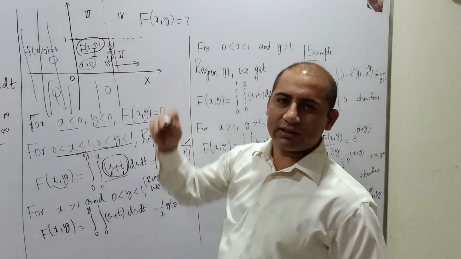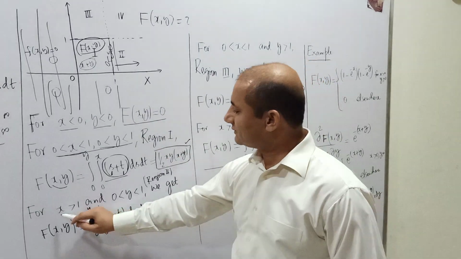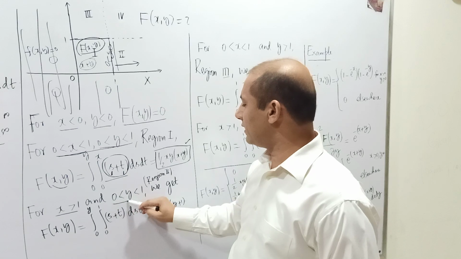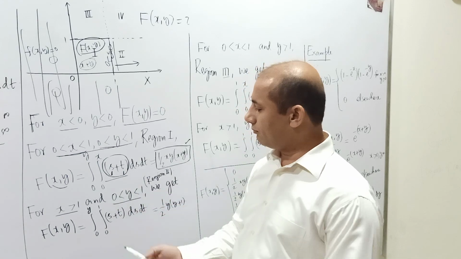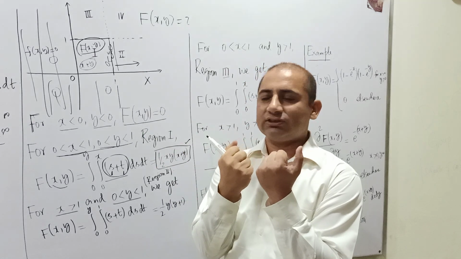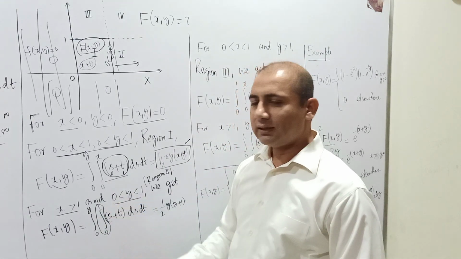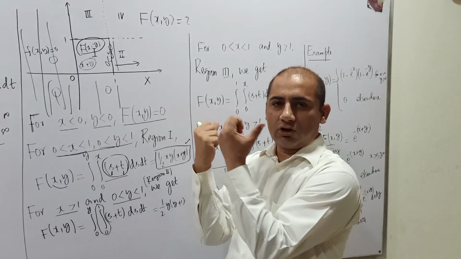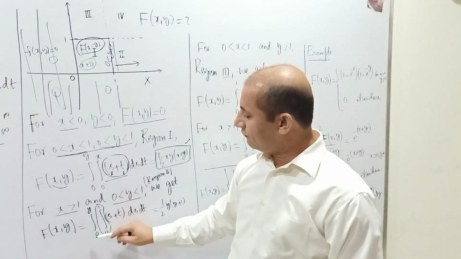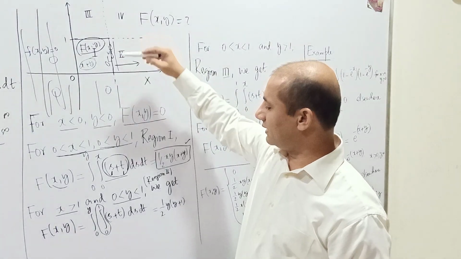And the next possibility is that y is greater than 1. So I am considering the case when x is greater than 1 and y is from 0 to 1. So we will do what? Whatever we have accumulated in the direction of x, we will replace that. We will have 0 to 1, so that the contribution along x comes, and then we will have this 0 to y. So we'll be moving inside this region.